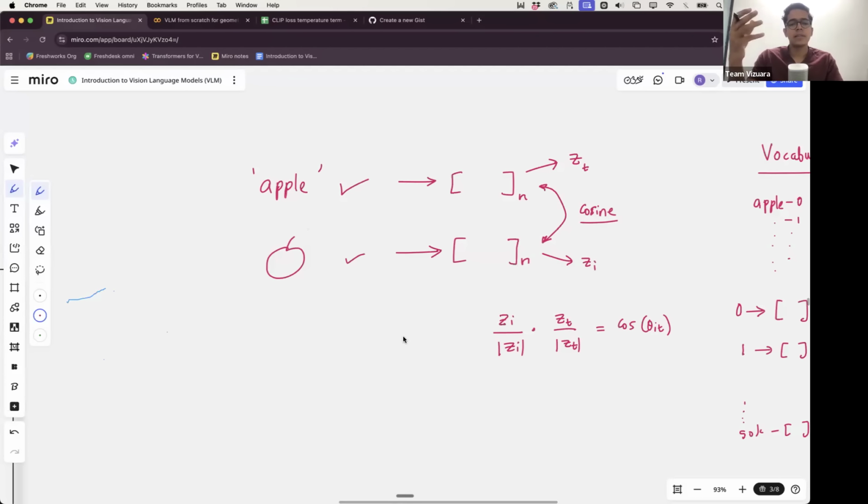Another way is you can pass the image through a convolutional neural network without any attention mechanism or anything. You just pass it through a convolutional neural network to increase the number of channels of the image and decrease the spatial dimension. Originally, the spatial dimension will be,